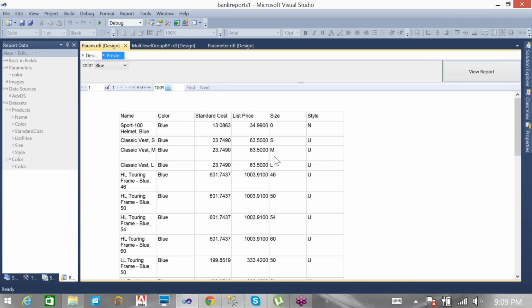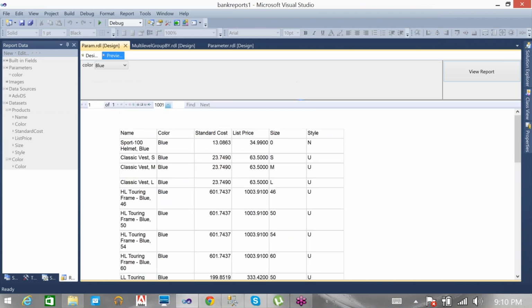We don't want to display blank values here.